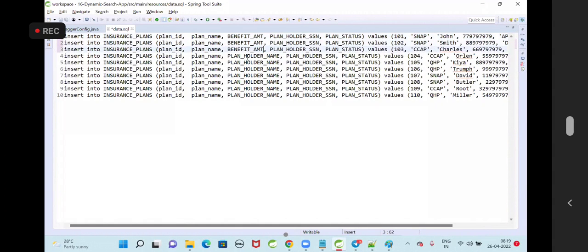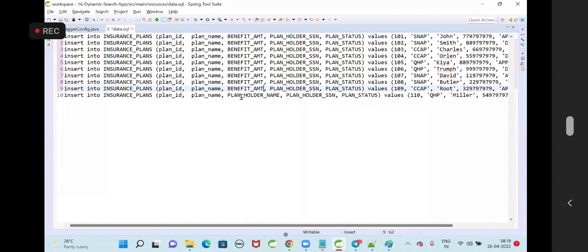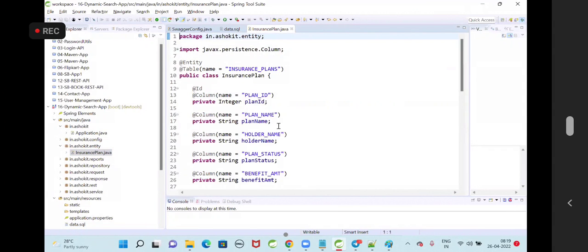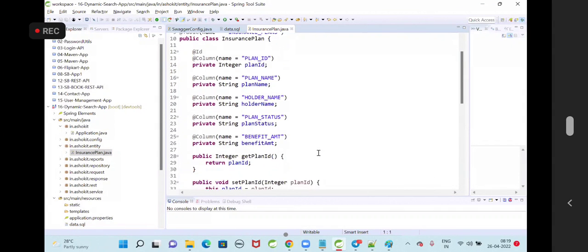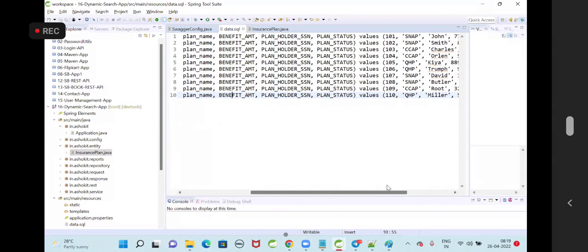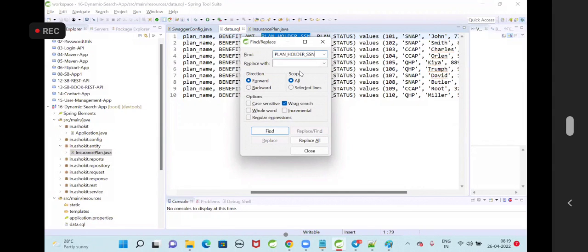I have created queries here which are used to insert the data into the table. Plan ID, plan name, benefit amount, plan holder name. Plan holder SSN, replace that with holder name. Close. Save it. Holder name.